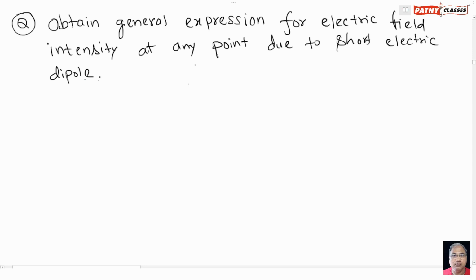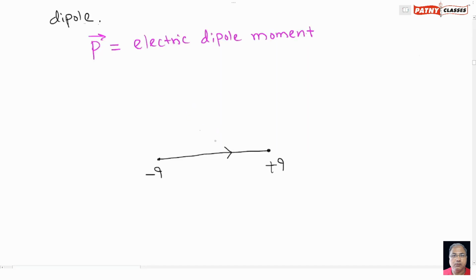While dealing with the electric dipole, we usually keep the negative charge on the left side and the positive charge on the right side. Generally we follow this trend, and the direction is from negative charge towards the positive charge. So the arrow mark points from negative charge to positive charge. This direction is called the direction of the electric dipole. Since we are using the arrow mark, the length 2L, now L, can be considered as a vector quantity,